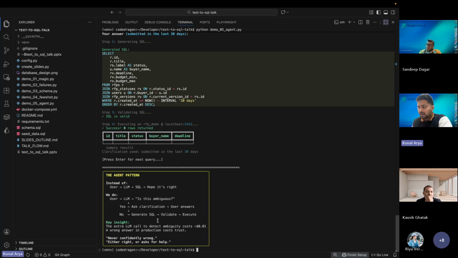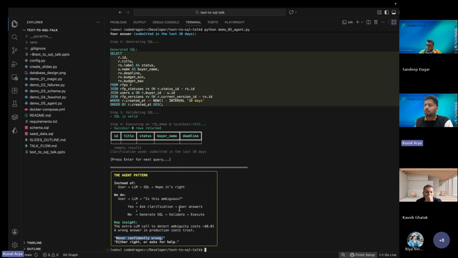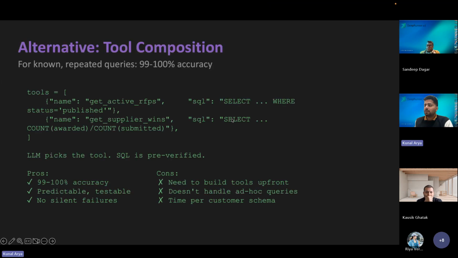So the extra LLM can detect the ambiguity, and it costs something, right? The motto of this agent is to never be confidently wrong: either right or ask for help. That is the motto of this. And I think the alternative version for this, if you know some kind of repeated queries, if you know,